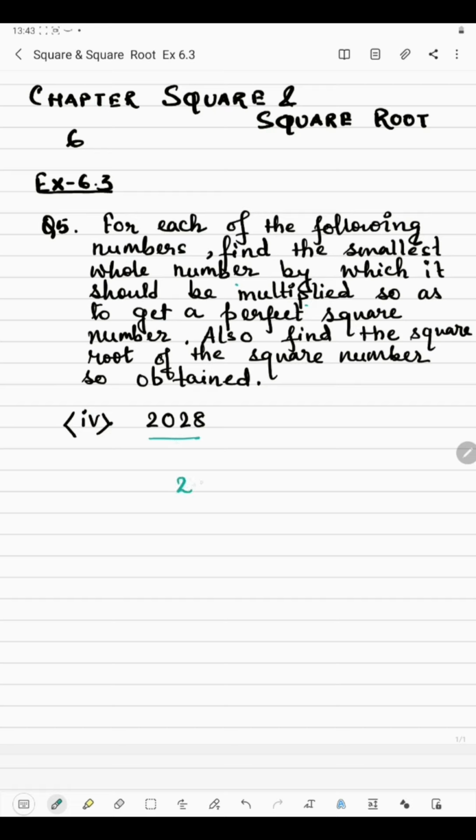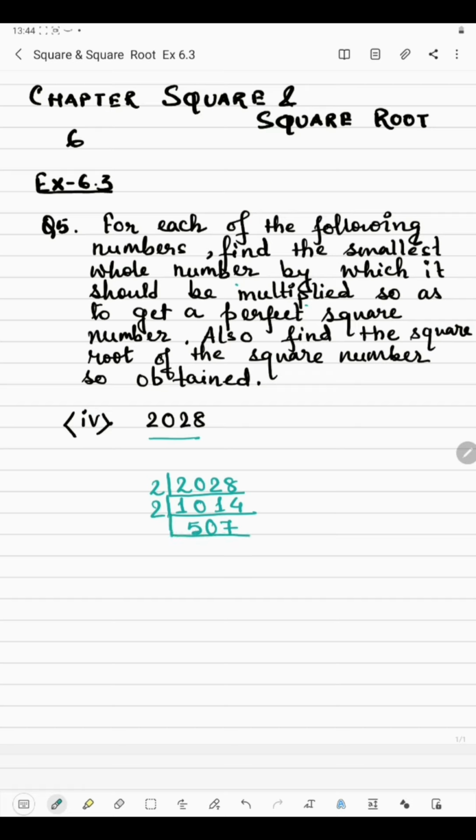So at first we'll try to find the square root of this. We'll take the prime factors to divide this. So 2 ones are 2, 2 zeros are 0, 2 fours are 8. Then again it will go by 2, 2 fives are 10. Then for 1, since 1 cannot be divided by 2, so it's 0. Then 2 sevens are 14. Now it cannot be divisible by 2 further.